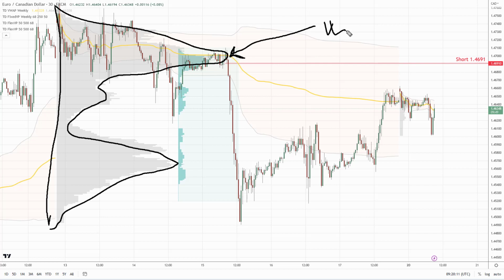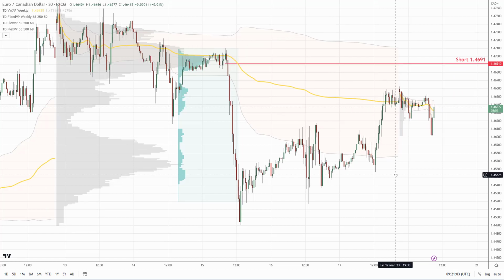This is the weekly point of control. That means that the heaviest volumes throughout the previous week were traded right here. And that's a thing that adds strength to our resistance. Alright, because the weekly point of control is just a couple of pips behind our level, and it is telling us the most trading in the last week took place in here. So this is definitely a very strong level to trade from. Alright, very important level. So when there is a pullback, there should be a reaction.